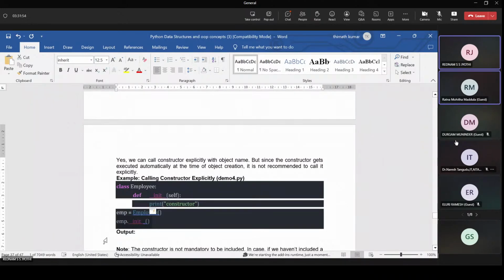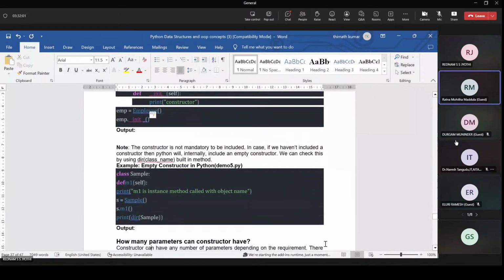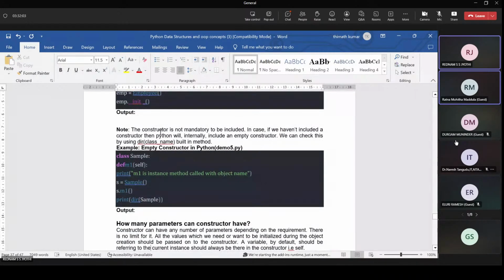Whenever we create an object of the class, the constructor is called automatically. The constructor is not mandatory to include. If you haven't included a constructor, then Python will internally include an empty constructor. We can check this by using dir of the class name, built-in methods. That is to be typed in the Python command prompt, and we will get the constructor names. Okay, next.